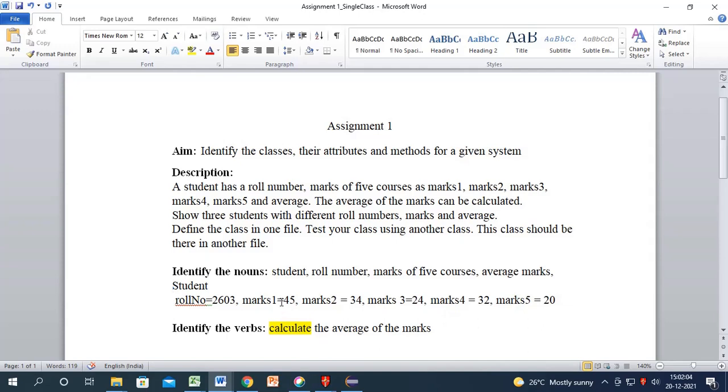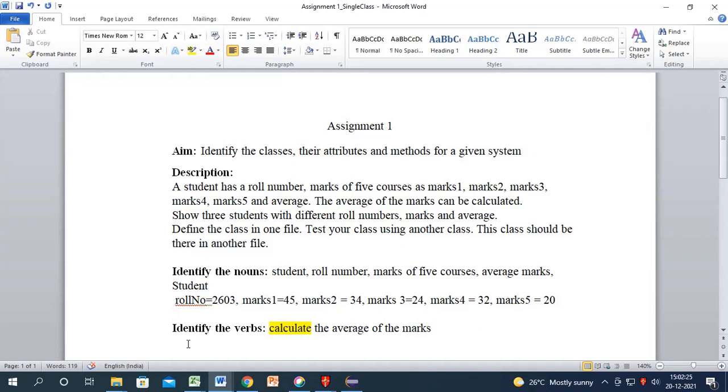Then using these 5 marks, marks 1 through up to marks 5, you can calculate the average. So if you can calculate the average, the average calculation will be done using what we call a behavior.